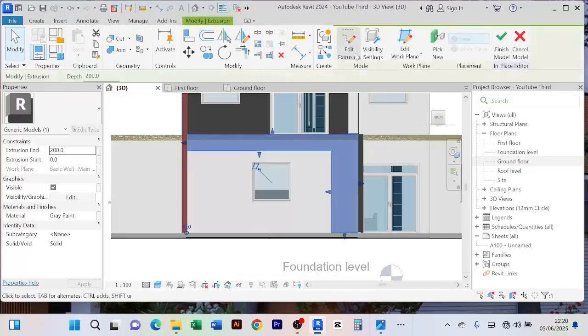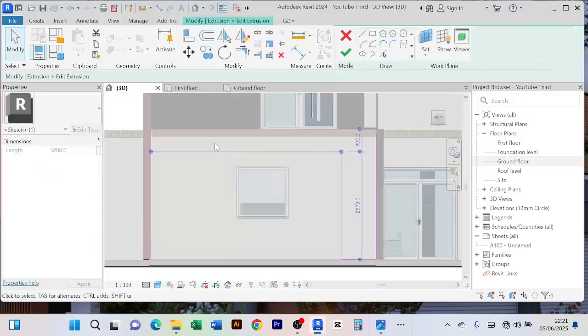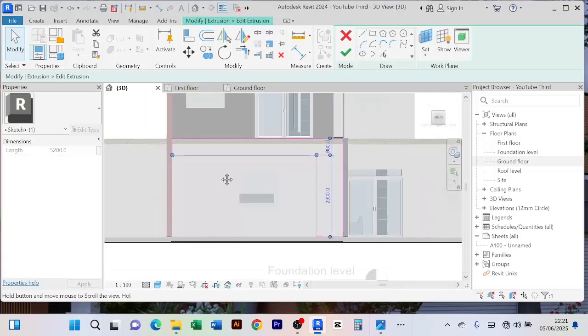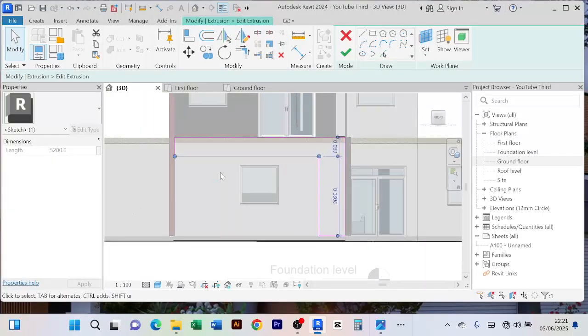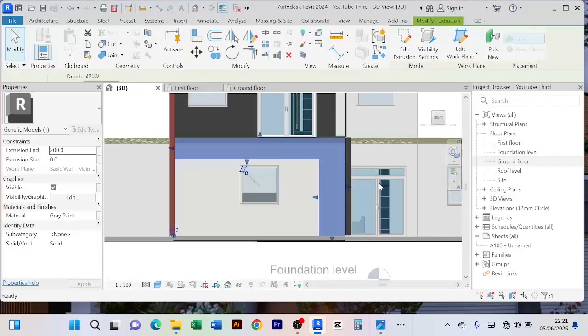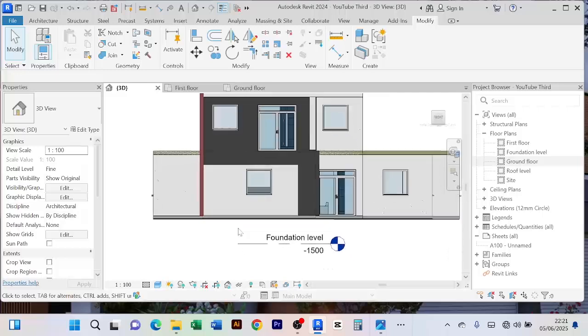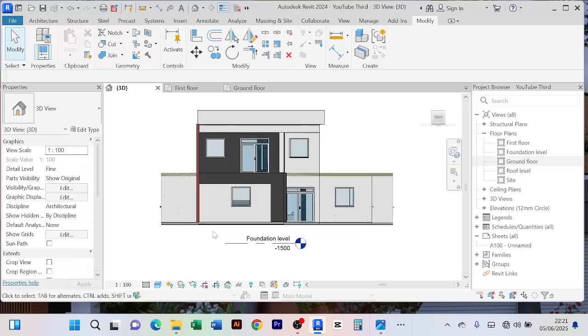I'll click on it again. I'll edit extrusion. I'll just click on that. You can increase from here if you choose to, just like that. Then you can click OK and finish. Now we have done this, and